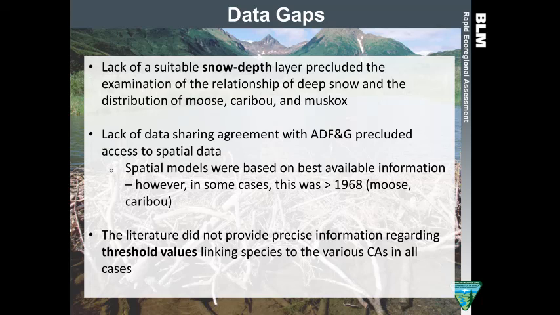There's no way you could say temperature is going to equally impact all dwarf shrub ecosystems in this way, so we were not able to infer any specific changes that way. We were able to with a couple of fine filter species where there are nice documented thresholds in the literature suggesting temperature is important for permafrost or whatever is important for this specific species. So that's really the distinction.